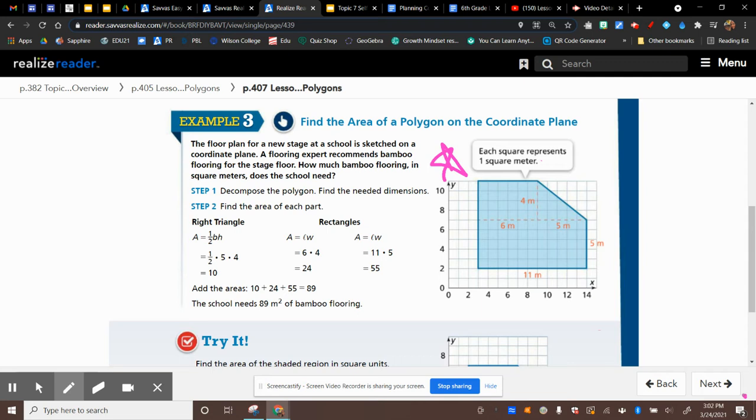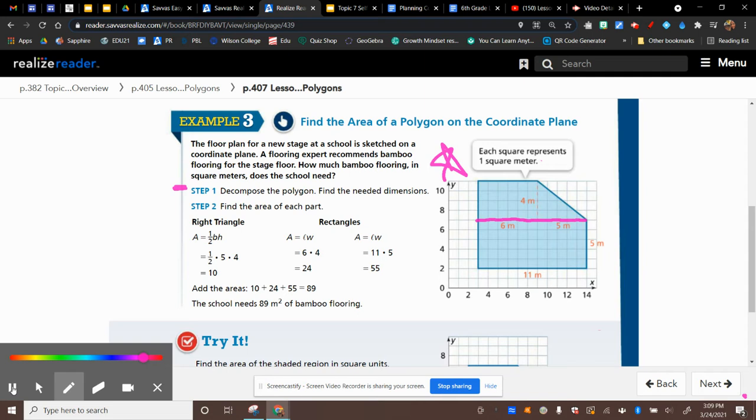That is not a regular shape that we can use the area formula to find the area of. So step 1 tells us to decompose the polygon, find the needed dimensions. So in order to decompose it, we're going to break it into shapes we know. For this particular stage, we're going to draw a line here, which gives us a rectangle, and then it's going to give us